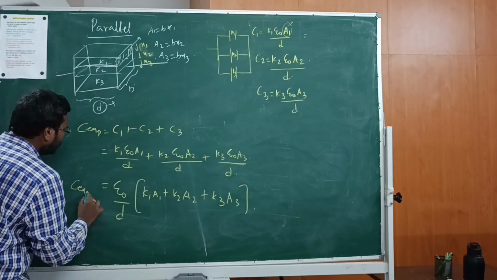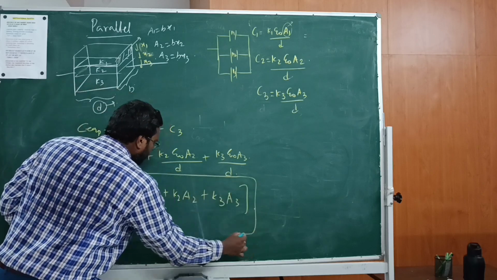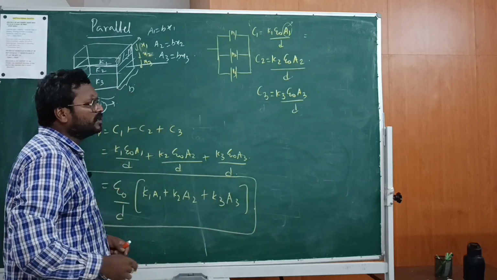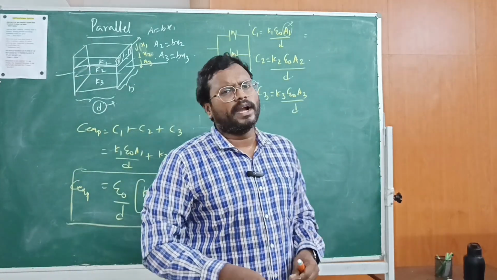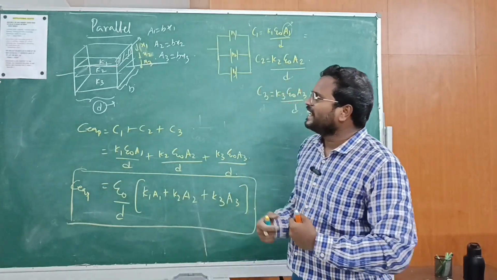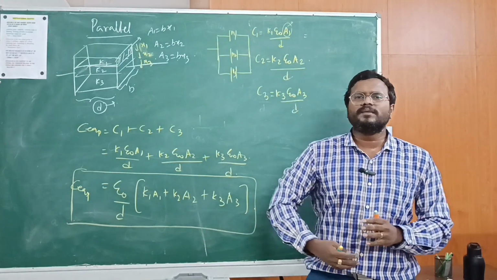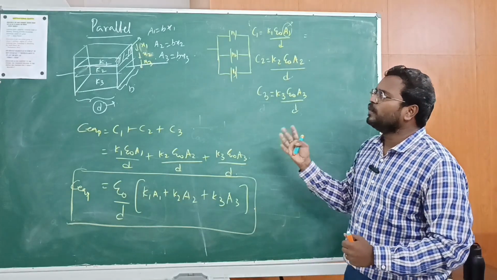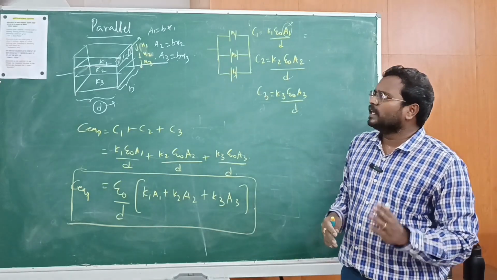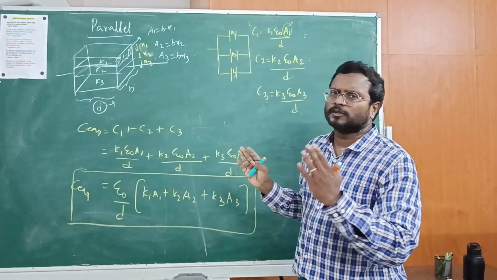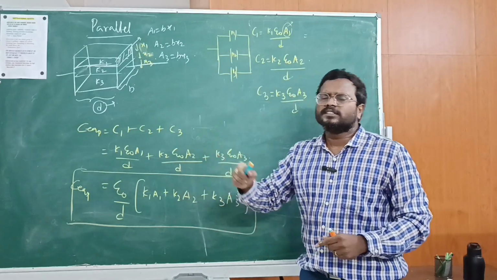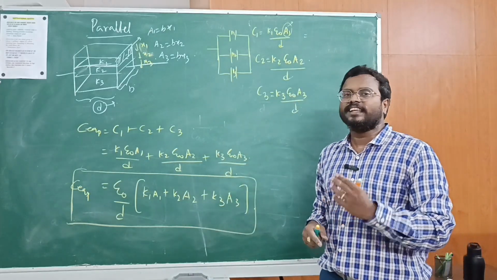So that is going to be C equivalent in parallel connection. Is this idea clear? It is very important to know how we take series and parallel connections whenever a medium or dielectric slabs are introduced. Whenever slabs are placed between parallel plates, C equivalent we have to take as series connection,